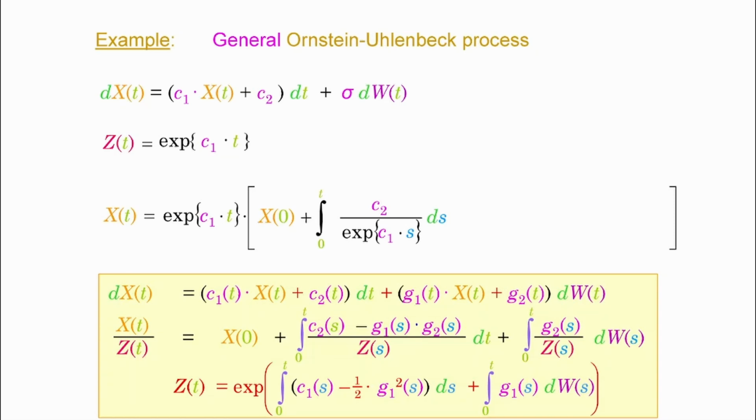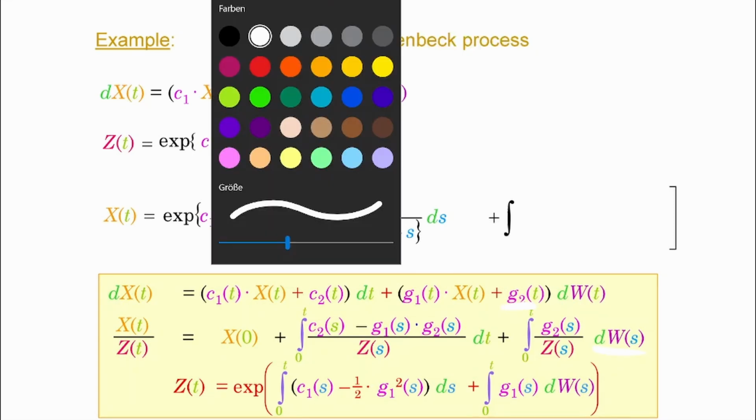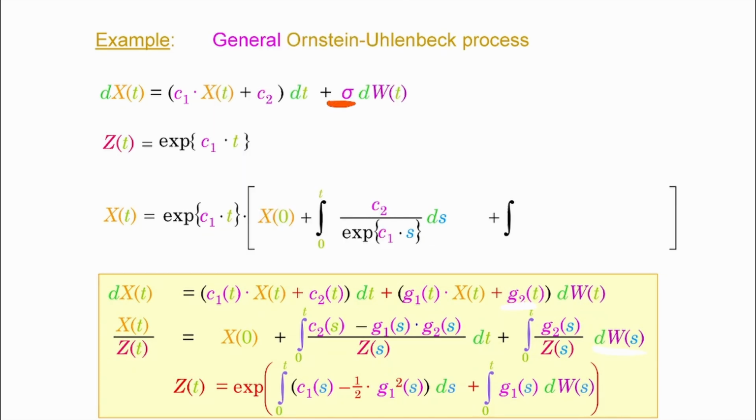Now I do. And then there is the other integral with the increments of the Wiener process. You got G2, and G2 is the additive constant, which is sigma then. I'm not sure if you're seeing that. Wait a moment. Let me underline this better. Here is sigma. Here is G2. And then you got G2 in the numerator, which is sigma then. So for the next one, integrate from 0 to t, and then you got sigma divided by e to the power of now what?